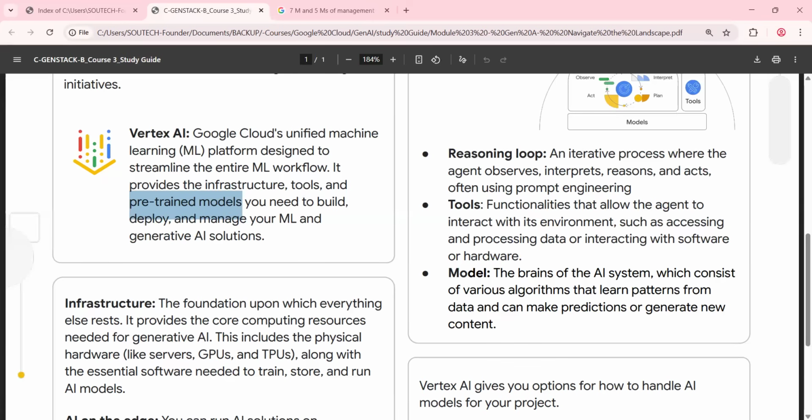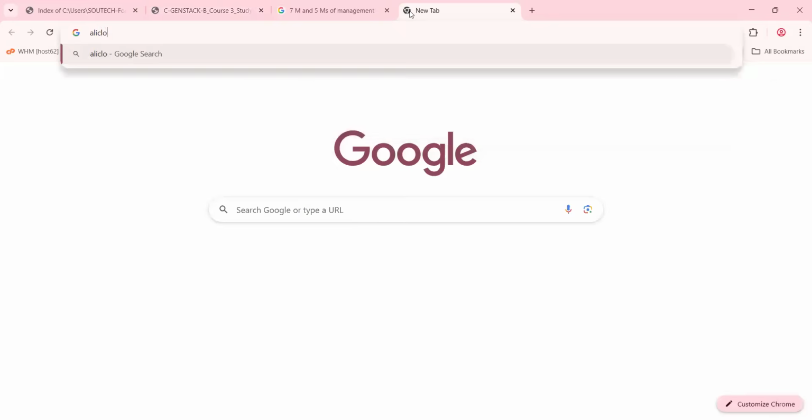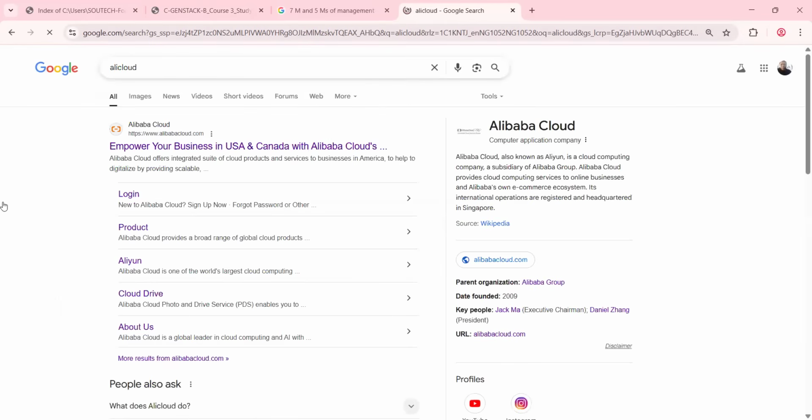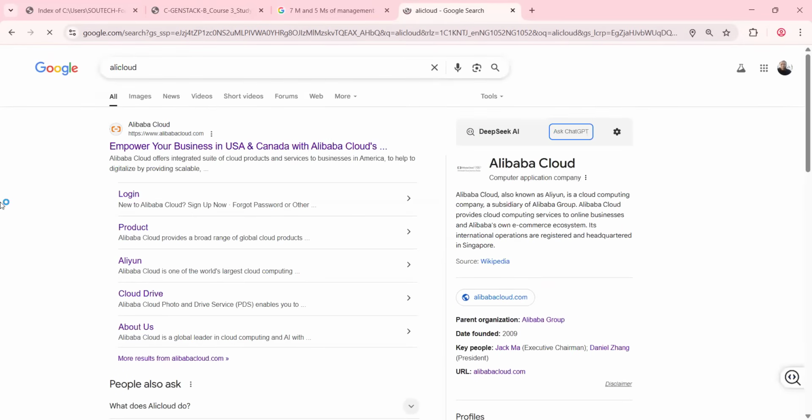You can look to Microsoft, you can look to Google, you can look to OpenAI, you can look to Meta, that is Facebook, guys. You can also look to Alibaba, because you also have Ali Cloud. I think that's what it's called, Ali Cloud. That is what is powering most of the Asian platforms, Alibaba, AliExpress, DHgate, and all of that. It's part of the Alibaba group, owned by Jack Ma.